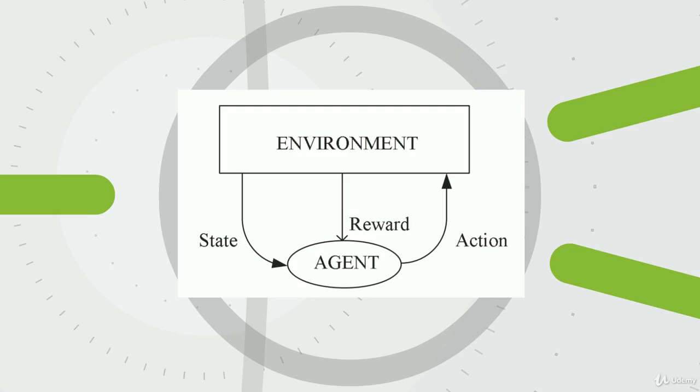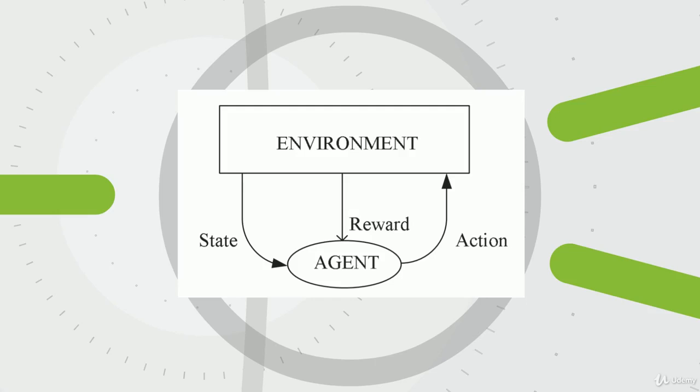Some other terms that you might want to know are episode or trial, and these are the sequence of actions from start to the terminal state. We have some initial state that begins our episode, and then after the episode, our whole sequence of actions has been undertaken. And then finally, policy, and that defines the action to be taken by the agent in any given state. Policy is really what we care about. It's not each individual action, it's how we respond to the environment in any given state, because that is going to define our sequence of actions, which helps us reach our goal.